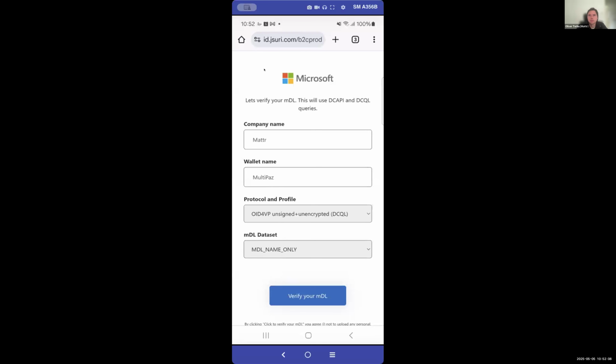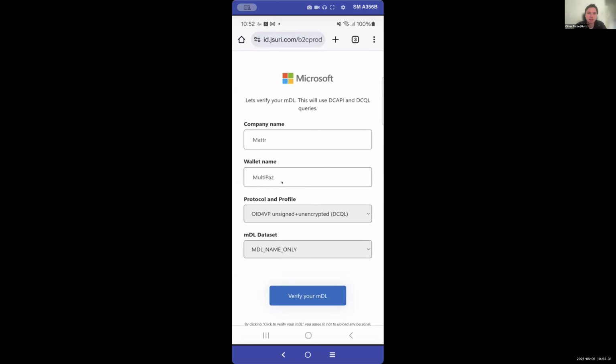All right, so this is the Microsoft relying party that uses the Meta verifier to request and verify credentials. This is very similar to the demos that you saw before. I'm testing as a Matter.